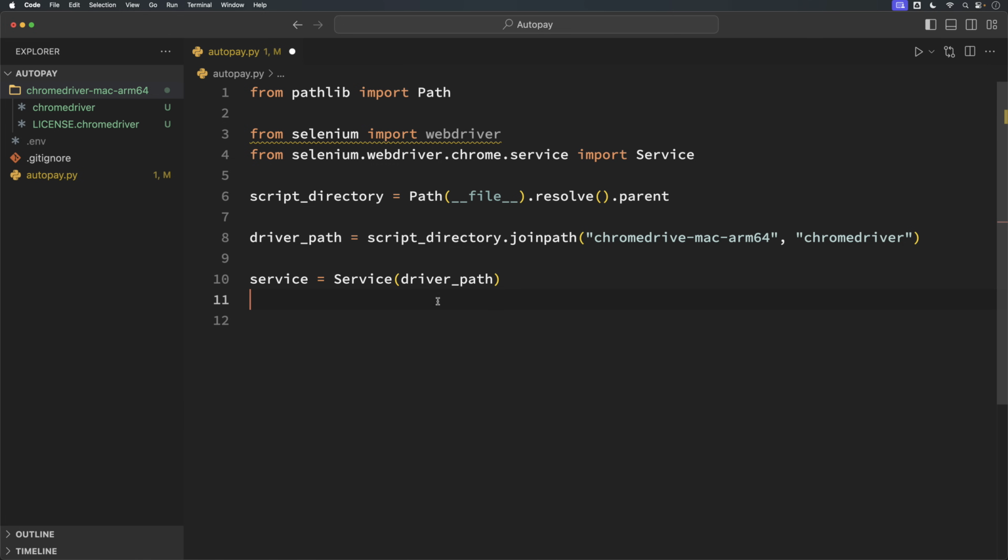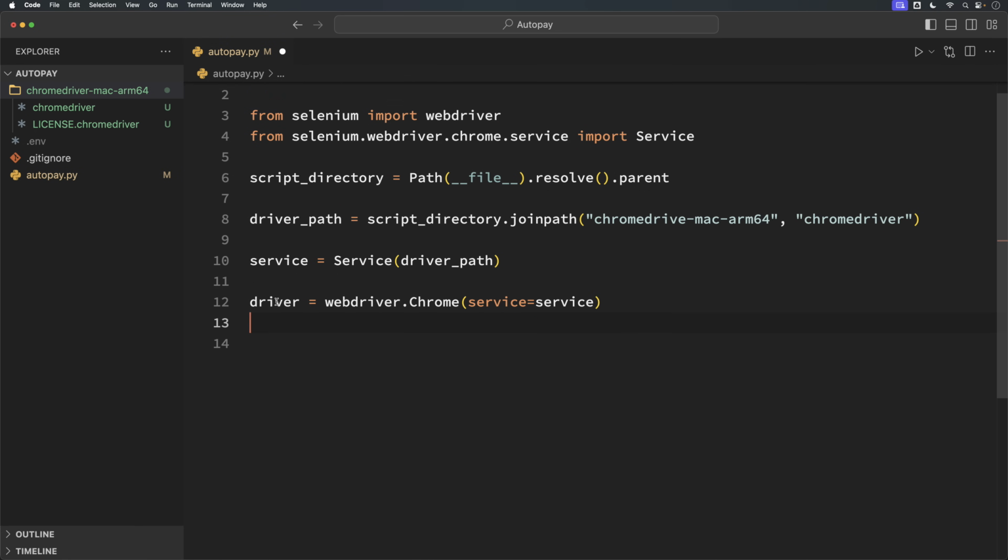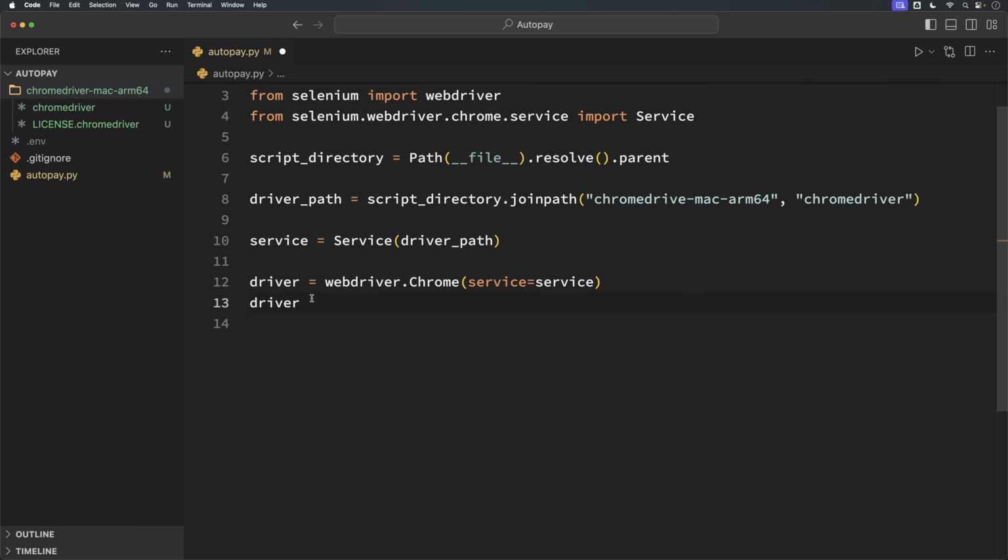And now to tie all this together, let's go ahead and create a driver that will navigate our browser. So I can say driver is equal to webdriver.Chrome, and this is going to be service is equal to that service object that we just created. And now we have our WebDriver here. So let's navigate to a URL. So for now, let's just do something like Google. So I'll say https://